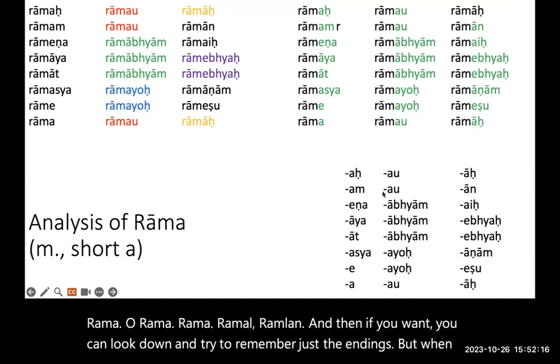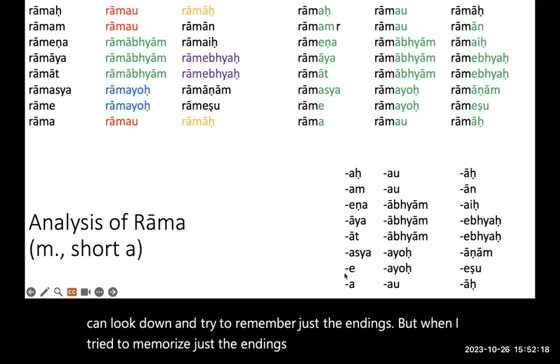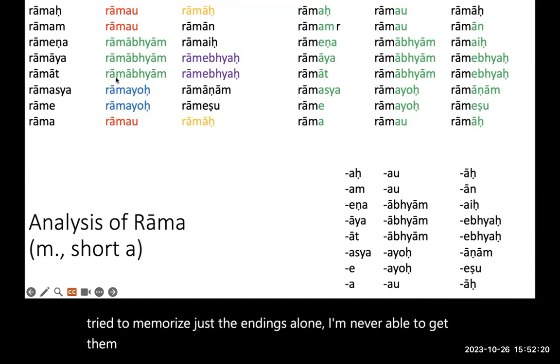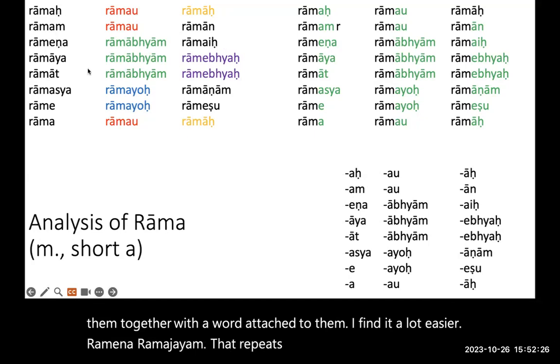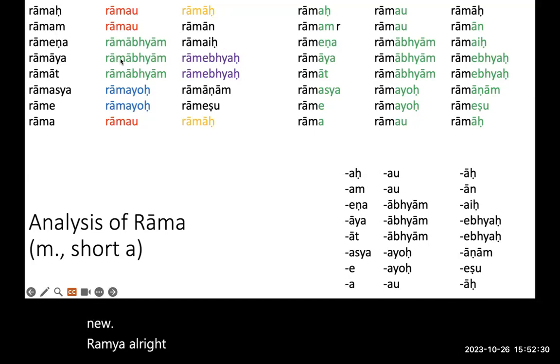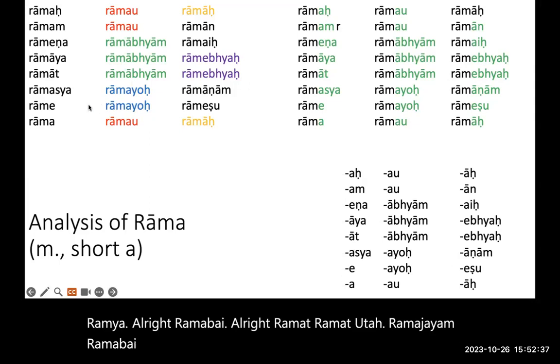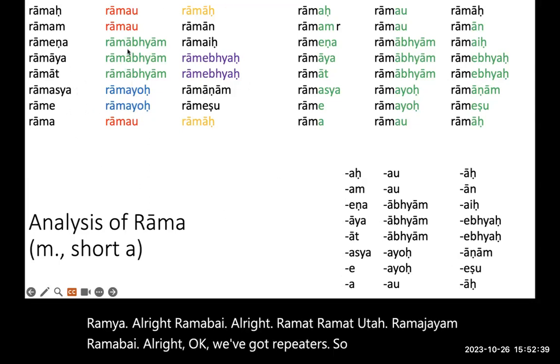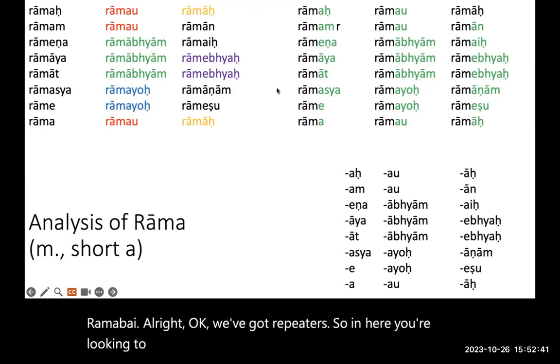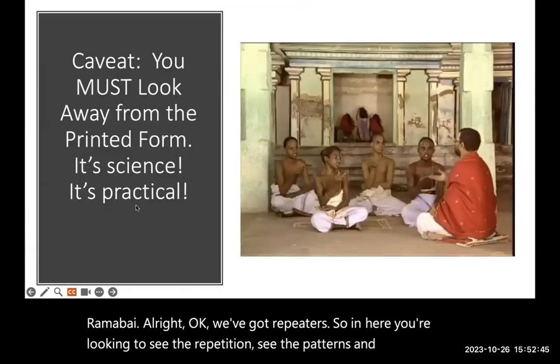But when I tried to memorize just the endings alone, I'm never able to get them together. With a word attached to them, I find it a lot easier. Ramena, Ramabhyam, that repeats. Ramaihi, Ramaya, okay, that's a new one. Ramabhyam, all right. Ramebhyah, all right. Ramat, Ramabhyam, Ramebhyah, okay, we got repeaters. So in here, you're looking to see the repetitions, see the patterns, and you will get to a certain point